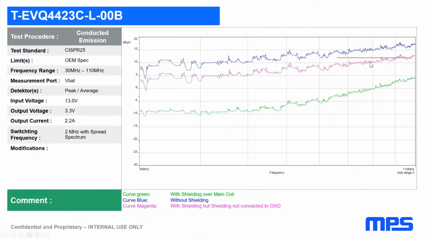This is due to the fact that the metal carries eddy currents that tend to cancel part of the magnetic field, the crosstalk, but it cannot block the E-field radiation. So the whole shield acts as an antenna. This is why the pink curve is better than without shield, but not as good as the green one where the shield is grounded. And the difference between the shield grounded on one side or two sides is not visible. So it's the same great performance.